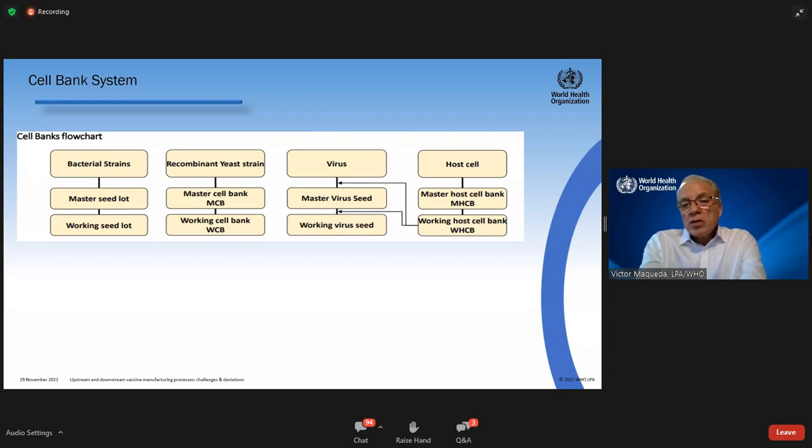In the case of virus, we would have the master virus seed and the working virus seed. And we could also have host cells, which could be mammalian cells, like CHO cells, Chinese hamster ovary cells, and we should have the master whole cell bank and the